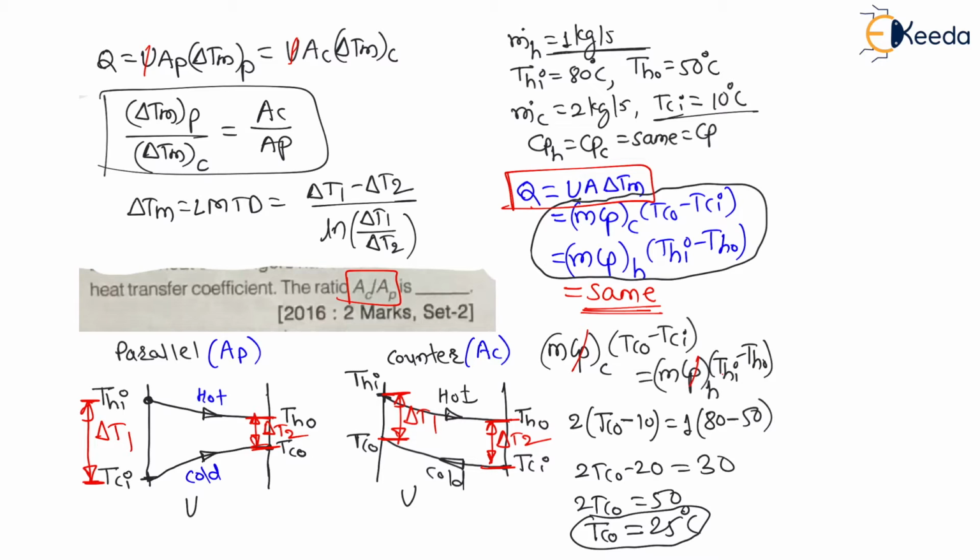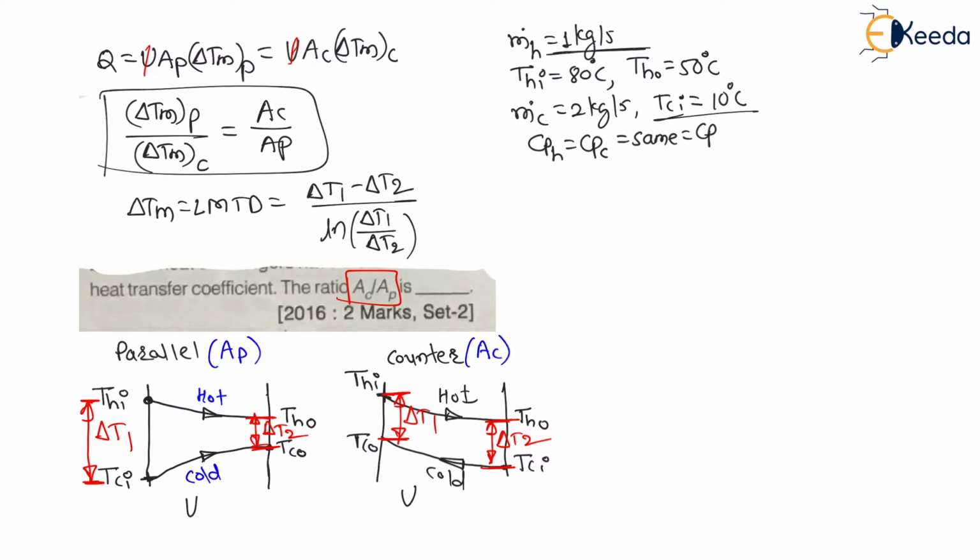Now my dear students, in case of parallel as well as counter flow heat exchanger, this LMTD formula is the same, but the meaning of delta T1 and delta T2 is different, right? So let us find this delta Tm for parallel and for counter flow heat exchanger. Therefore, this LMTD, logarithmic mean temperature difference, for parallel flow, which is delta Tm of parallel flow, is equal to delta T1 minus delta T2 divided by ln of delta T1 divided by delta T2 of a parallel flow.